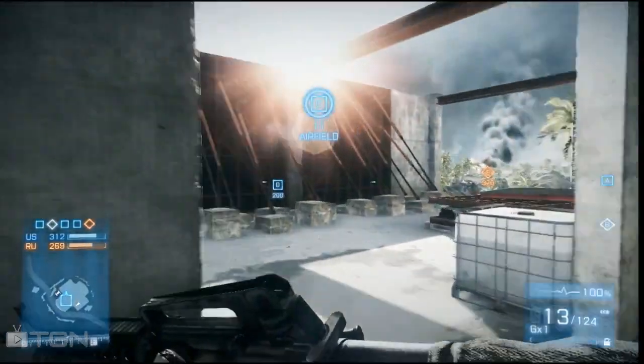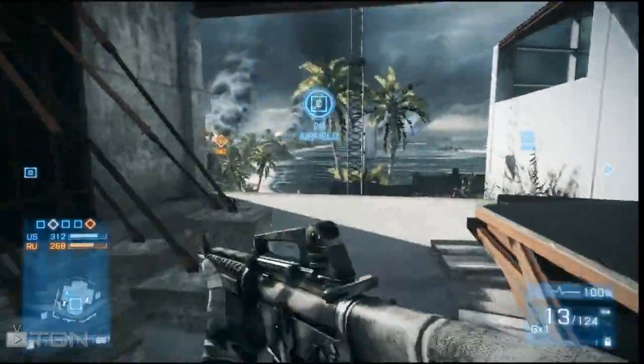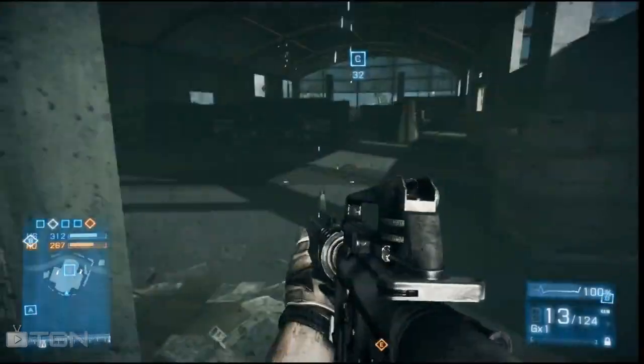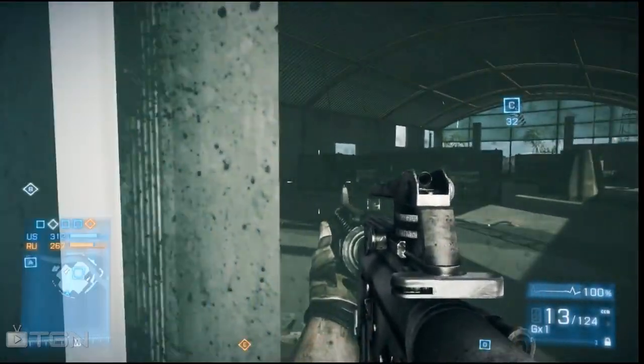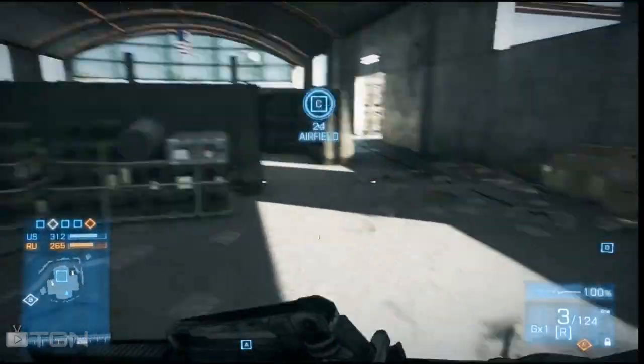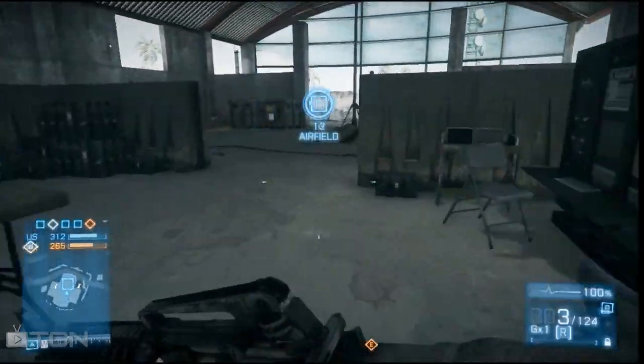This is obviously the biggest, most important choke point in the game, especially considering it disables jets, but also because it's probably the only cramped area you've got in this whole thing. So there's 2 levels. Obviously you can shoot down on...